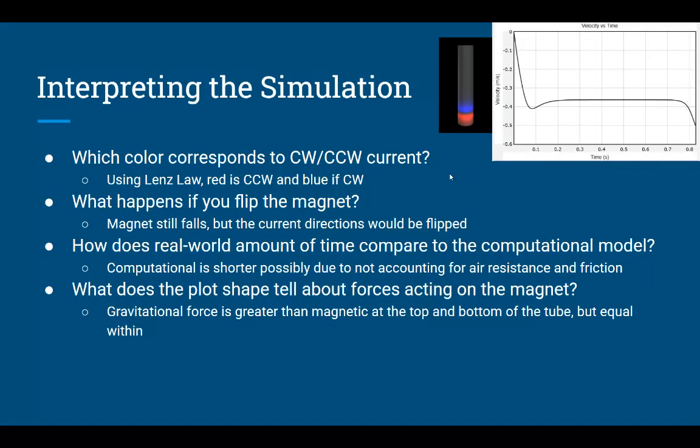So interpreting this, which color corresponds to counterclockwise and clockwise? Using Lenz's law, we know counterclockwise is red and clockwise is blue. So just think about how it was falling and what was opposing which. If you flip the magnet, it would just change the direction of the current. How does real-world data compare to the computational model? The computational model is shorter, and this is probably due to some things that we aren't accounting for, like resistance and friction, which we'll talk about on the next slide. What does the plot shape tell us? Right here, gravitational force is greater than magnetic force because velocity is increasing going down. And then once we hit the middle, it equals out and velocity stays constant. That's the top of the tube, and then at the bottom of the tube,